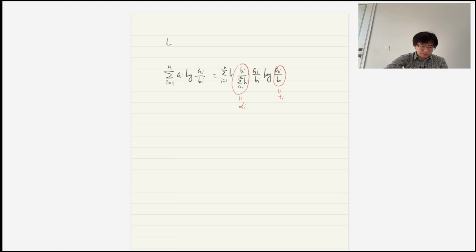We let t_i equal a_i over b_i, and alpha_i equal b_i over this sum. Then from here we can see that the summation over b_i term is separate, and for the rest of the terms, we can write that as